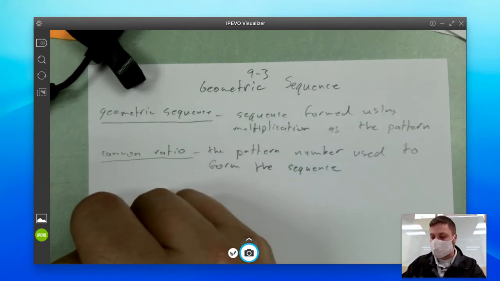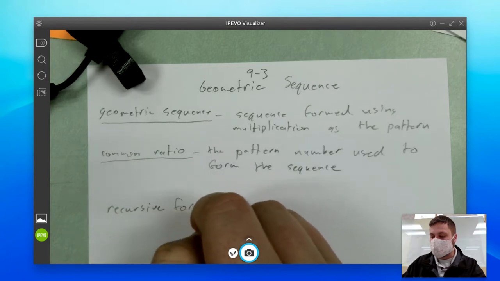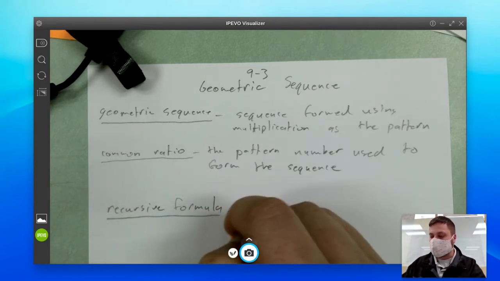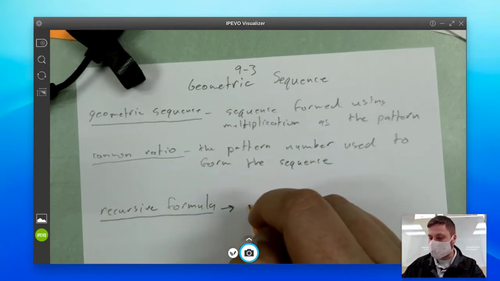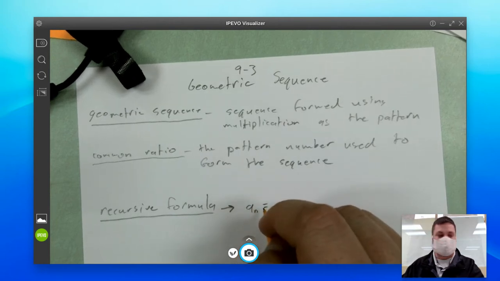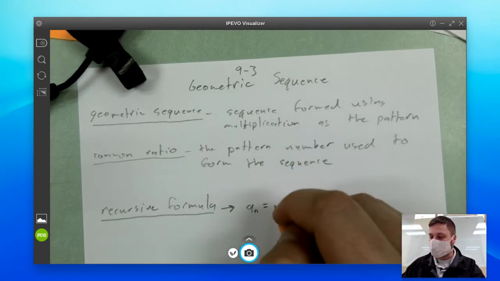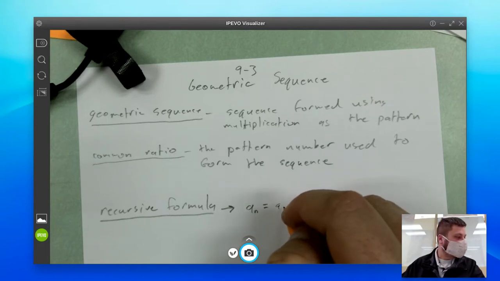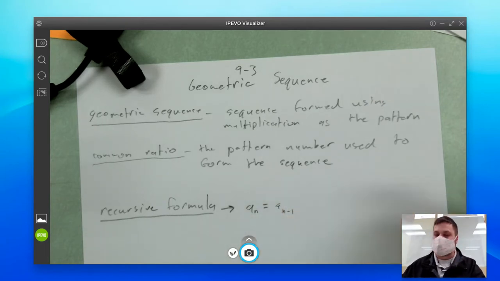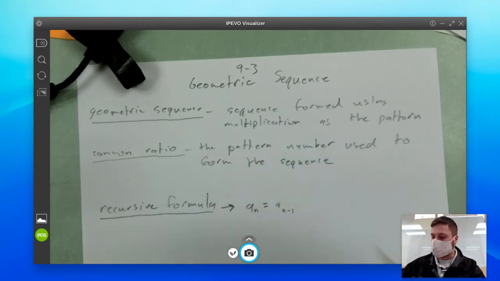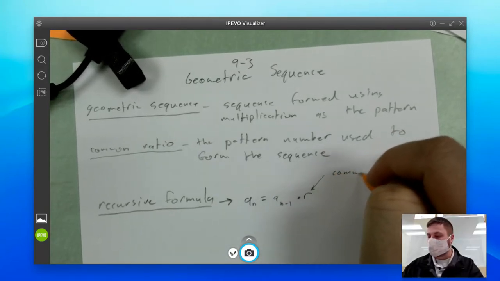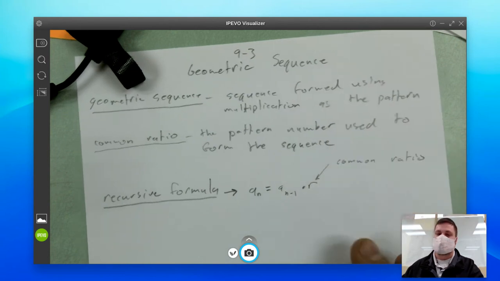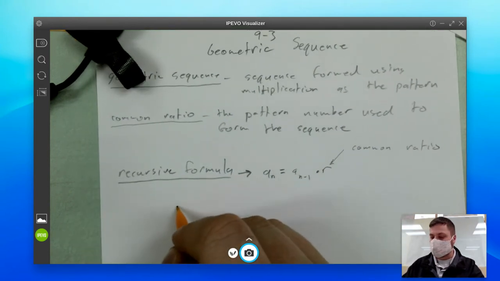Remember, recursive formulas are really not all that useful. They just describe what's happening in the sequence. Okay, so here our recursive formula is going to be that the nth term of sequence A is equal to the term right before it, the n minus 1 term, times r. The only thing that you need to plug in here is the r, where r stands for the common ratio. Okay, so if I had something like this,